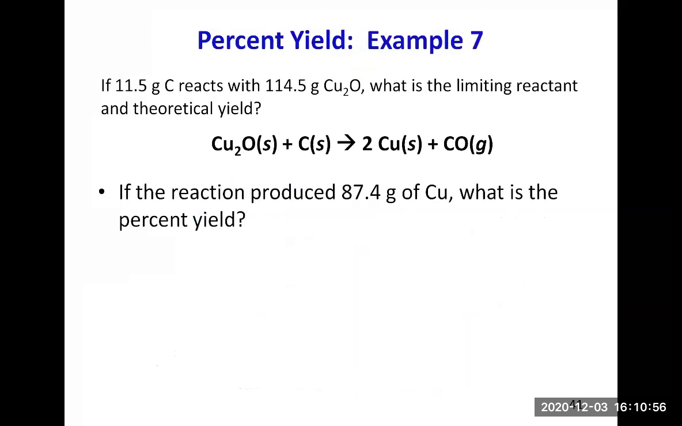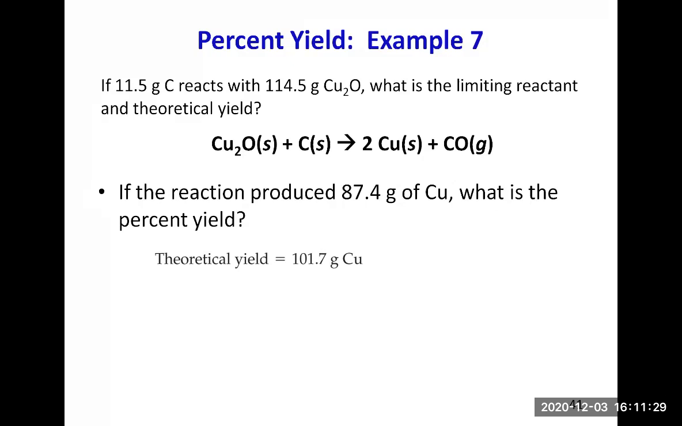However, as you can see in this slide, if the reaction produced 87.4 grams of copper, what is the percent yield? So this amount of 87.4 grams of copper that is produced is the actual yield. It's what you actually were able to gather from the product of this reaction. So it's the actual yield. It's not the theoretical yield. Theoretical yield is the number we got earlier,